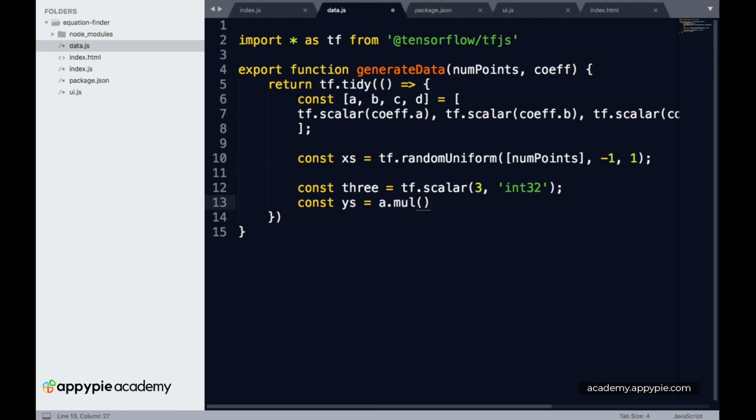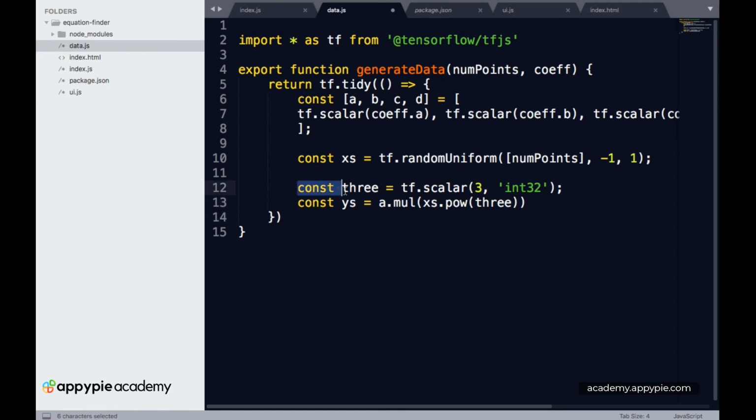Okay, so now we are multiplying, and we are taking in xs and multiplying xs to the power of 3. Let's again recap what we have done up till now.